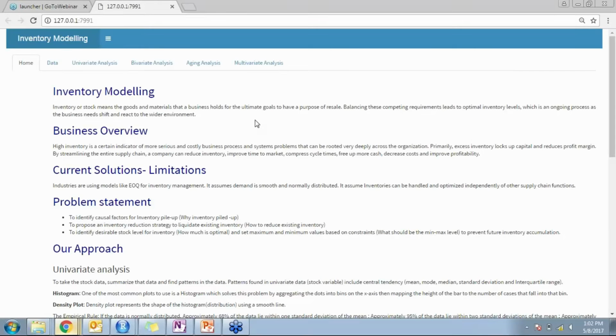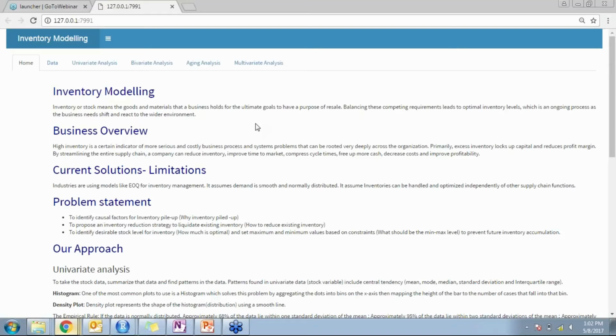This is an introduction to the whole product that we're starting with. As we explained, inventory modeling is basically the management of inventory stocks. The stocks that pile up over a period of time affect the business negatively and the further business process, and inventory stock piling up leads to wastage of resources, which further affects it financially and also the planning of the company. So inventory modeling is about managing the inventory in the most optimal and best way we can so that the resources will be managed and saved over a period of time